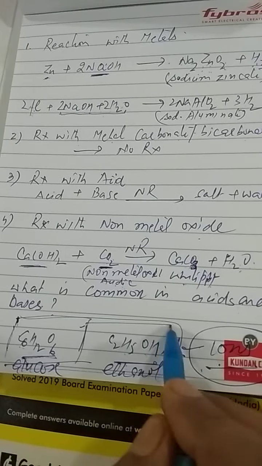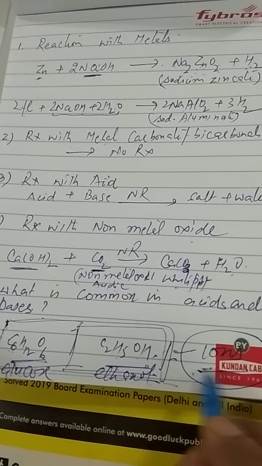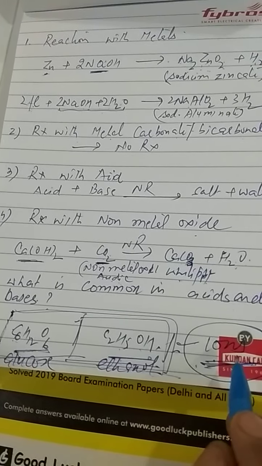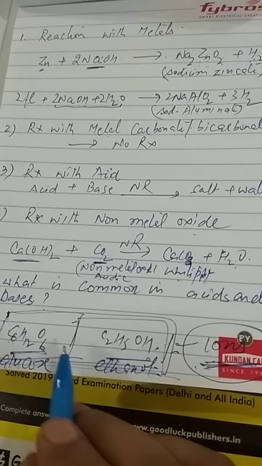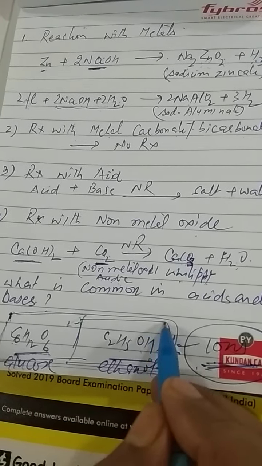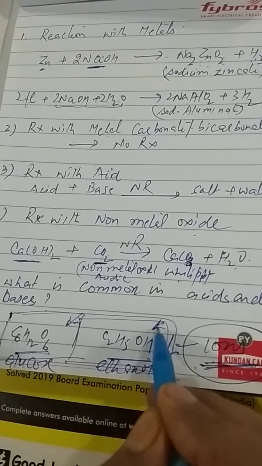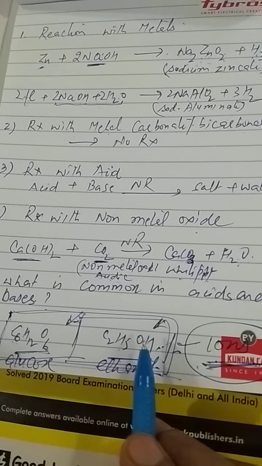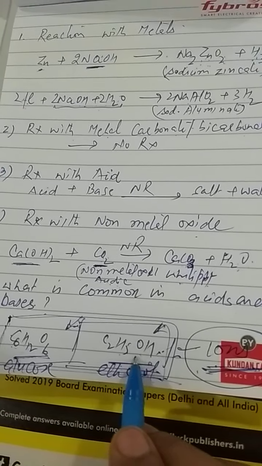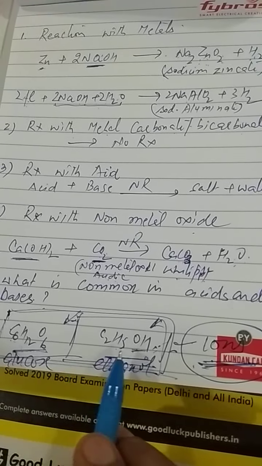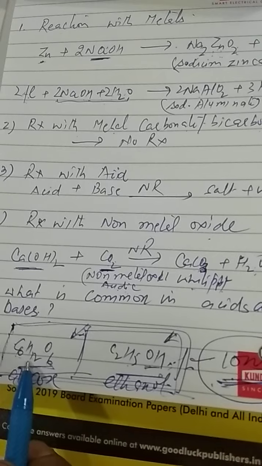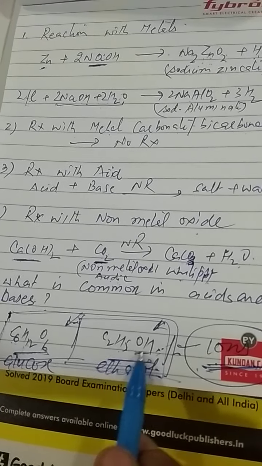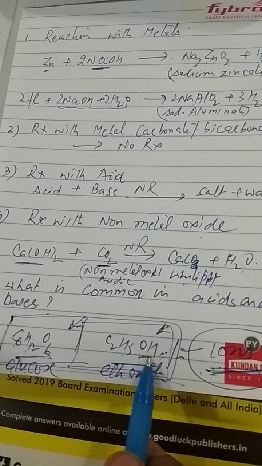it is unable to conduct electricity because they do not consist of ions, which shows that every compound containing hydrogen need not dissociate into H ion or OH ion, right? It means they are neither acidic nor basic, they are neutral compounds, right?